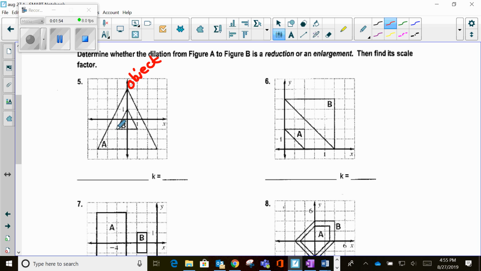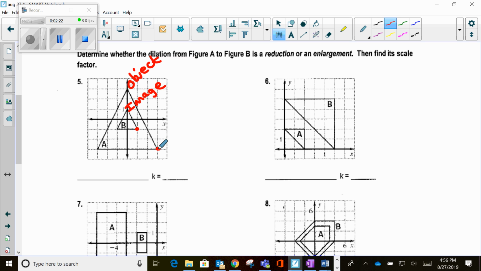And the smaller triangle, B, is going to be the image. So we started with A, we ended at B. I'm going to pick one of the vertices from the large triangle and compare it to the corresponding vertex of the smaller triangle. So let's use this point right here